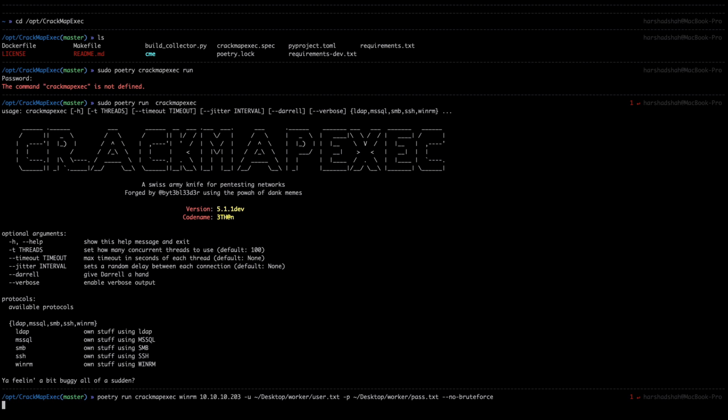So now you can see it started, and it will take a little bit of time. When this part is done, then we'll see how we can further enumerate other information. If this does not work, we need to go to another method. Okay, this is how pen testing works. It is a hit and trial method. So I'm just waiting for the output. I'll stop the video and come back when this part is done.